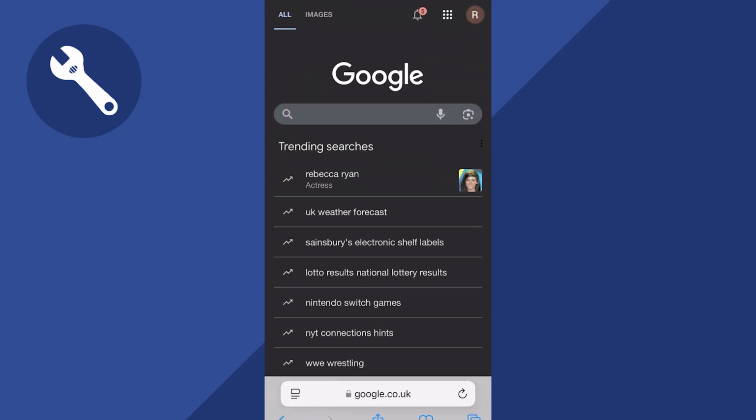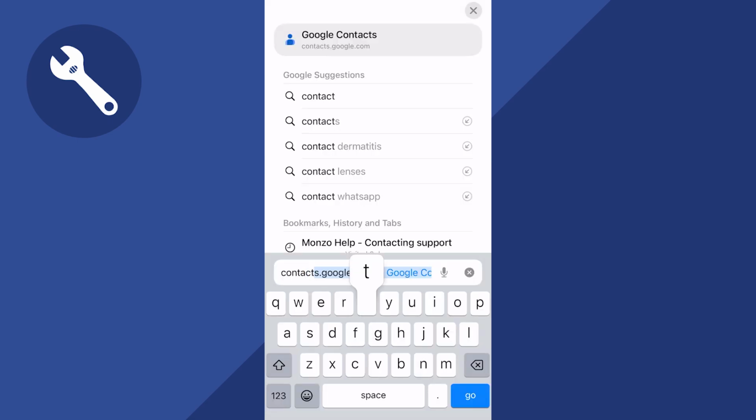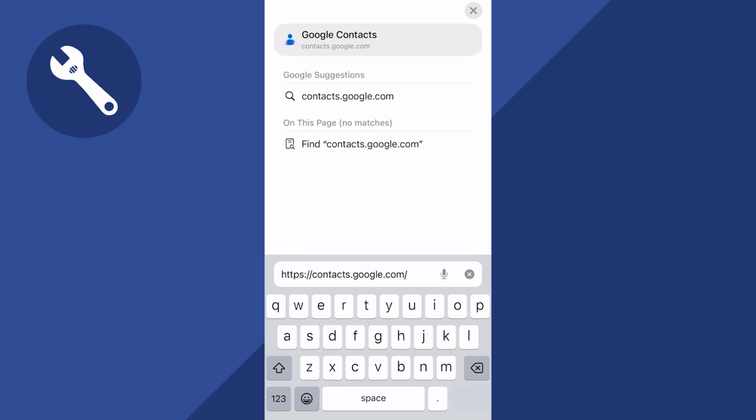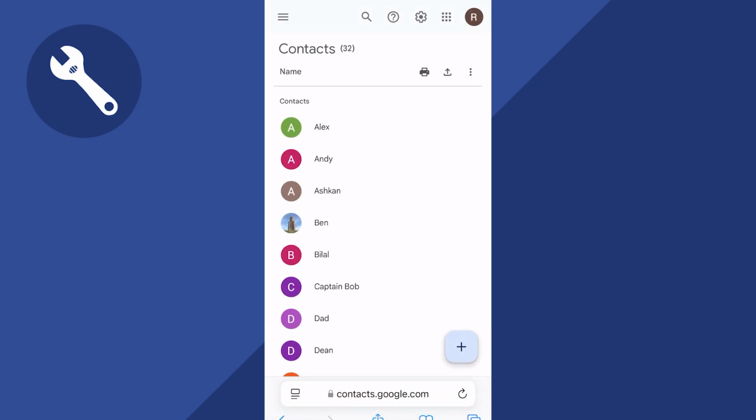I'll just be using Safari. Now in the address bar, you need to type in contacts.google.com and then press enter. Now make sure you're signed in to your Google account, and from this window, you should be able to see